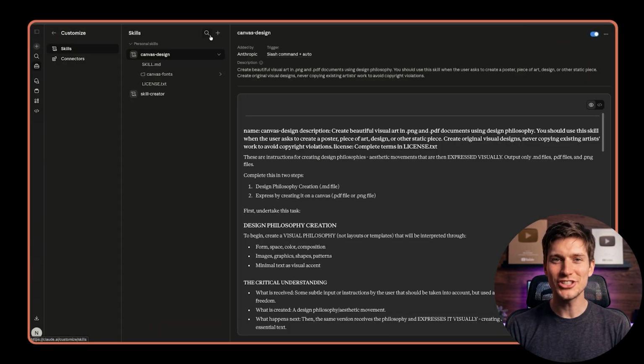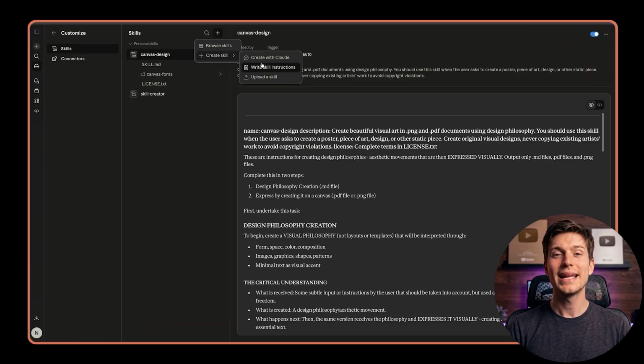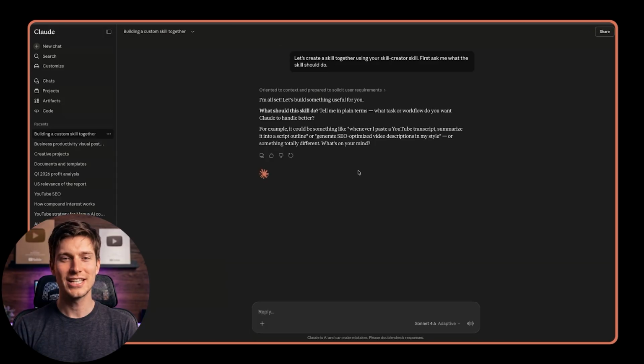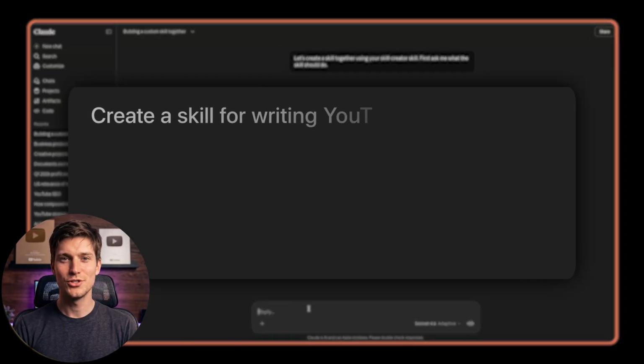You can actually build your own skill matching your personal workflow. To accomplish this, return to Skills. Click Create Skill. And here you have 3 creation methods. First, using Claude, second, writing instructions manually, and third, uploading directly. So I'll simply employ Claude to build my skill and create a skill for writing YouTube scripts in the AI